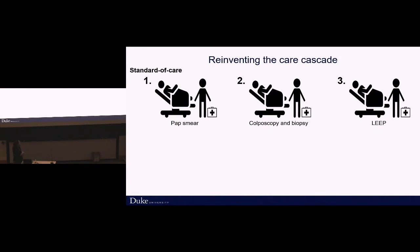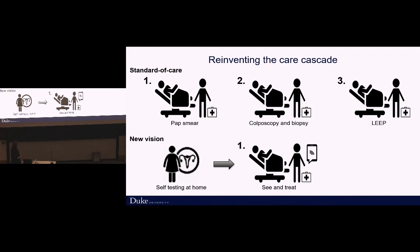So to summarize, there's this 3-tier visit system that's the standard of care in the United States and many countries in Europe, but that's not feasible for use in LMICs because of the medical infrastructure and expertise required to sustain it. And so this requires a new vision for addressing this problem,